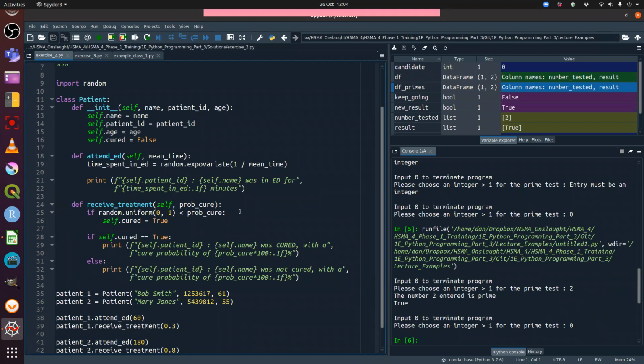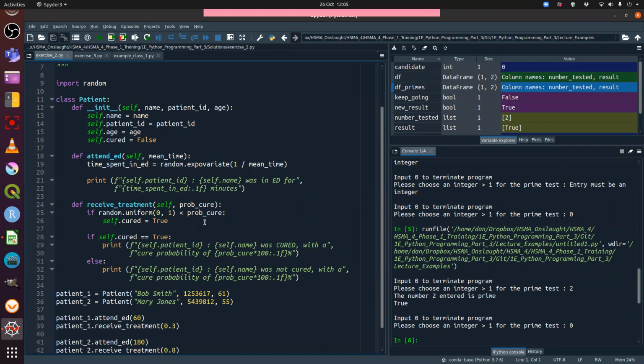So what we can do is randomly pick a number between 0 and 1 using the uniform distribution. There's an equal chance of any of those numbers being selected. And then we can check that number against the probability that we've passed in. So let's imagine that the probability was 0.5, so a 50-50 chance. If we take a random sample from a uniform distribution between 0 and 1, because everything is equally likely to be picked, there's a 50% chance that the numbers 0 to 0.5 will be picked,